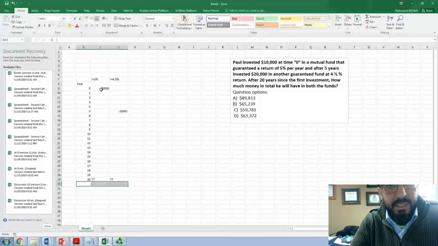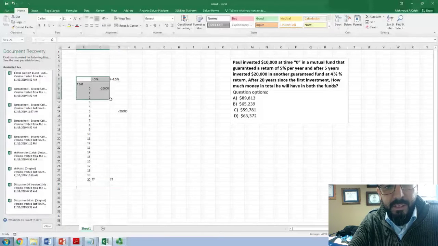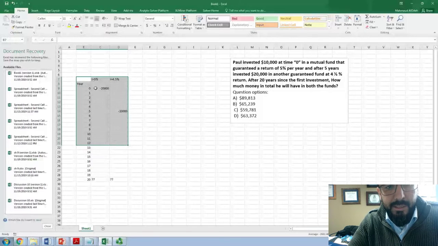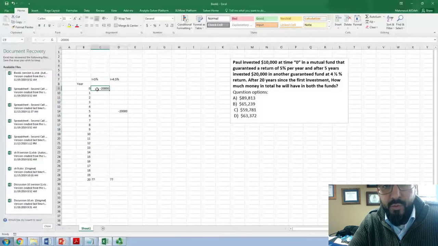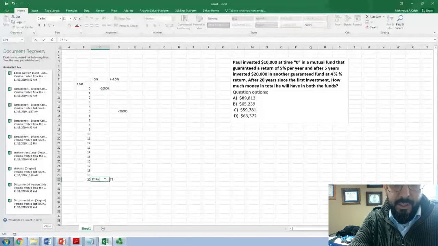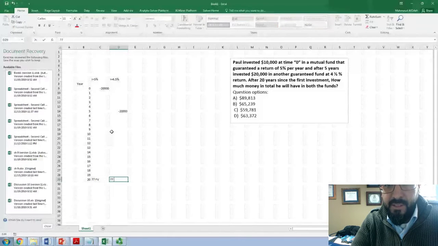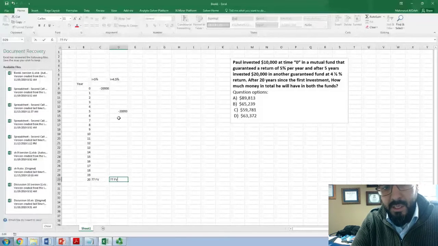The best way to solve this question is, first of all, to simplify things and create a cash flow table or a cash flow chart diagram that will help you understand the scenario. So what I did here in the first column, I put a negative amount because this is invested at year zero, and we need to know exactly what the future value will be at year 20. Same thing here on the $20,000 invested 5 years after the initial, and we need to find out what the future value for this amount would be after